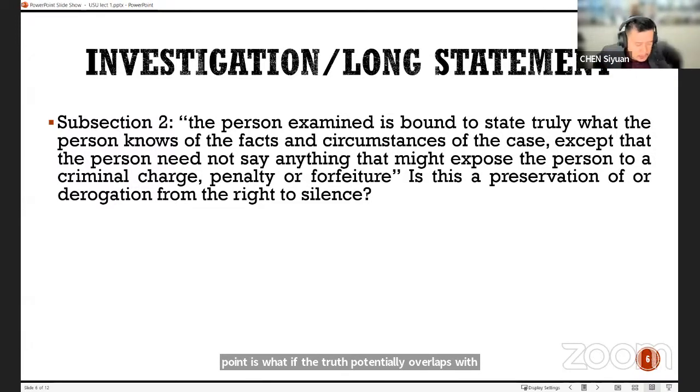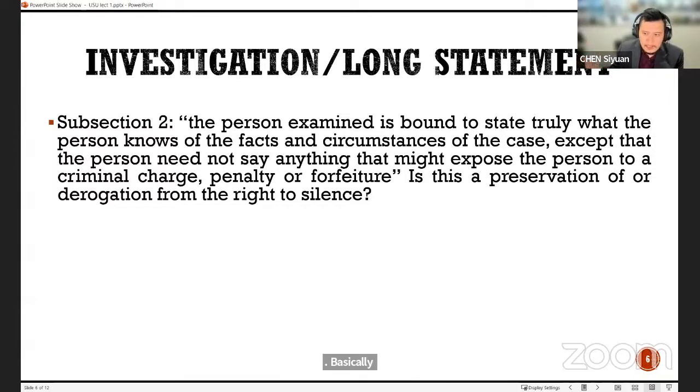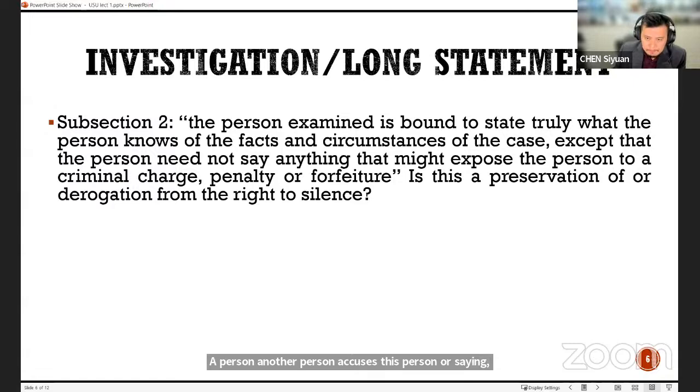So take, for instance, a person has been accused of outrage of modesty, basically molestation. Imagine a person is traveling on the subway at peak hour traffic. There are tons of people in the train carriage. And suddenly, another person accuses this person of saying, hey, you touched me inappropriately. And the person who has been accused says, oh, did I? I'm sorry, I didn't realize it. It was an accident.